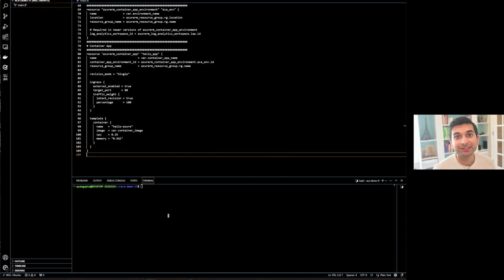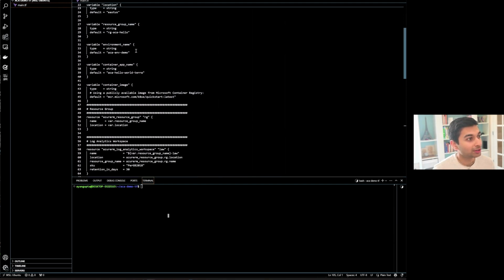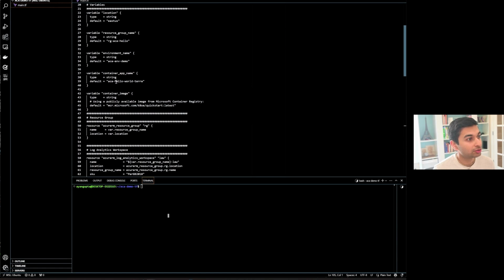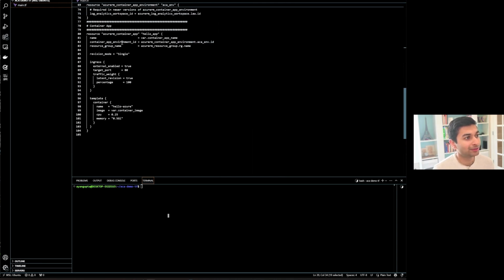So here we can see this is the actual container app. We have the name, which is pulling again from the variables that we defined at the top. In this case, what had we set our container app to? Container app name, ACA hello world -terra. In addition then, we have the environment ID, the resource group name, and now finally we have some more interesting